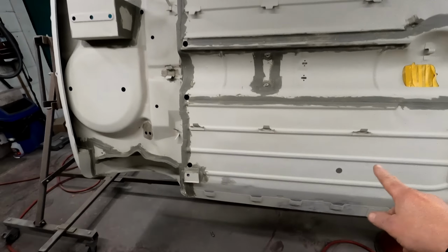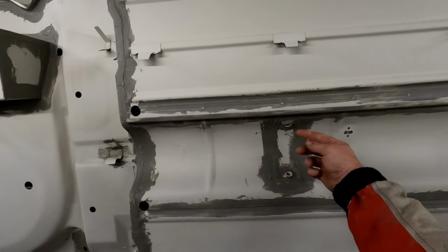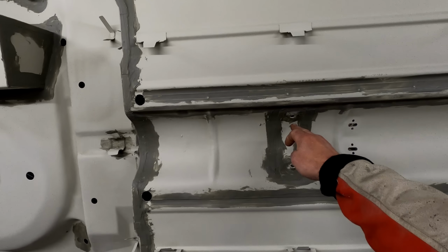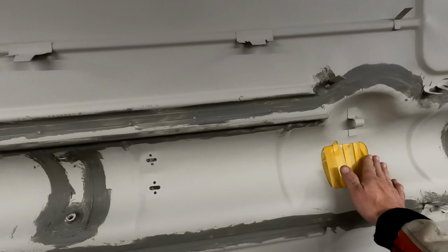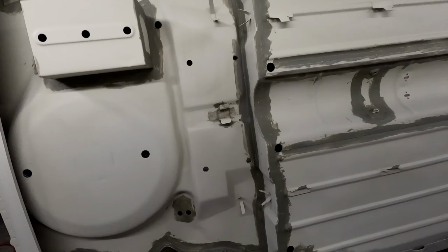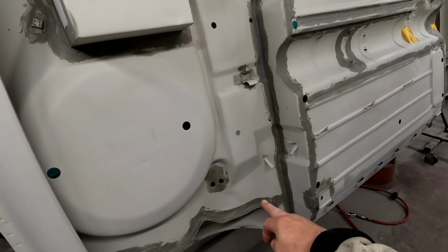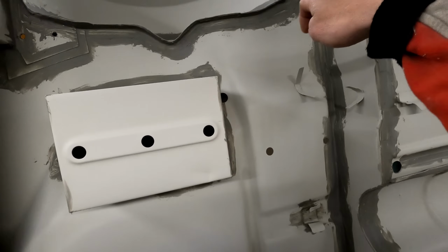I'll just put a bit around this because it's not a seam, but that's welded onto that. So yeah, again down this rear seam, through the back heel board to boot floor area, just these seams here,